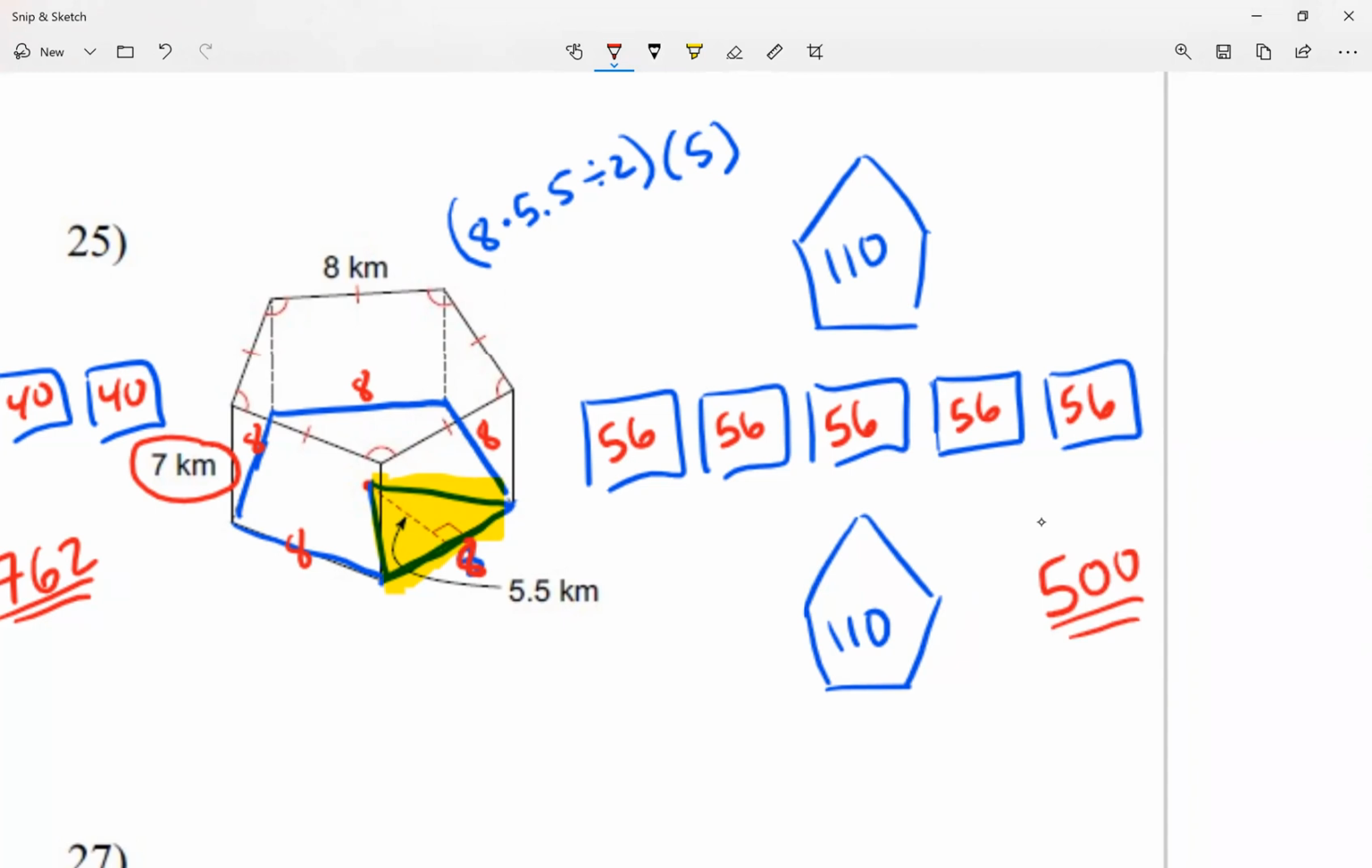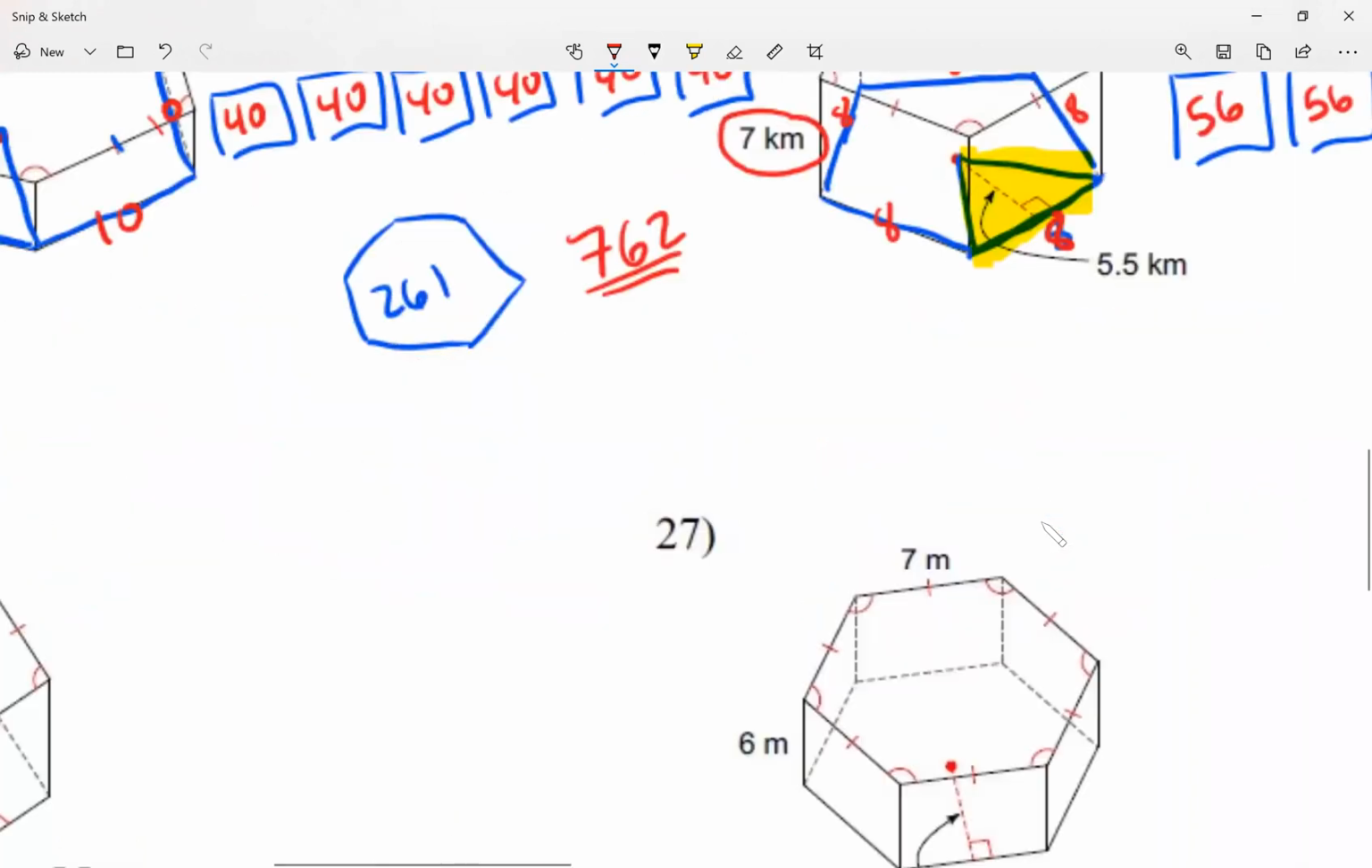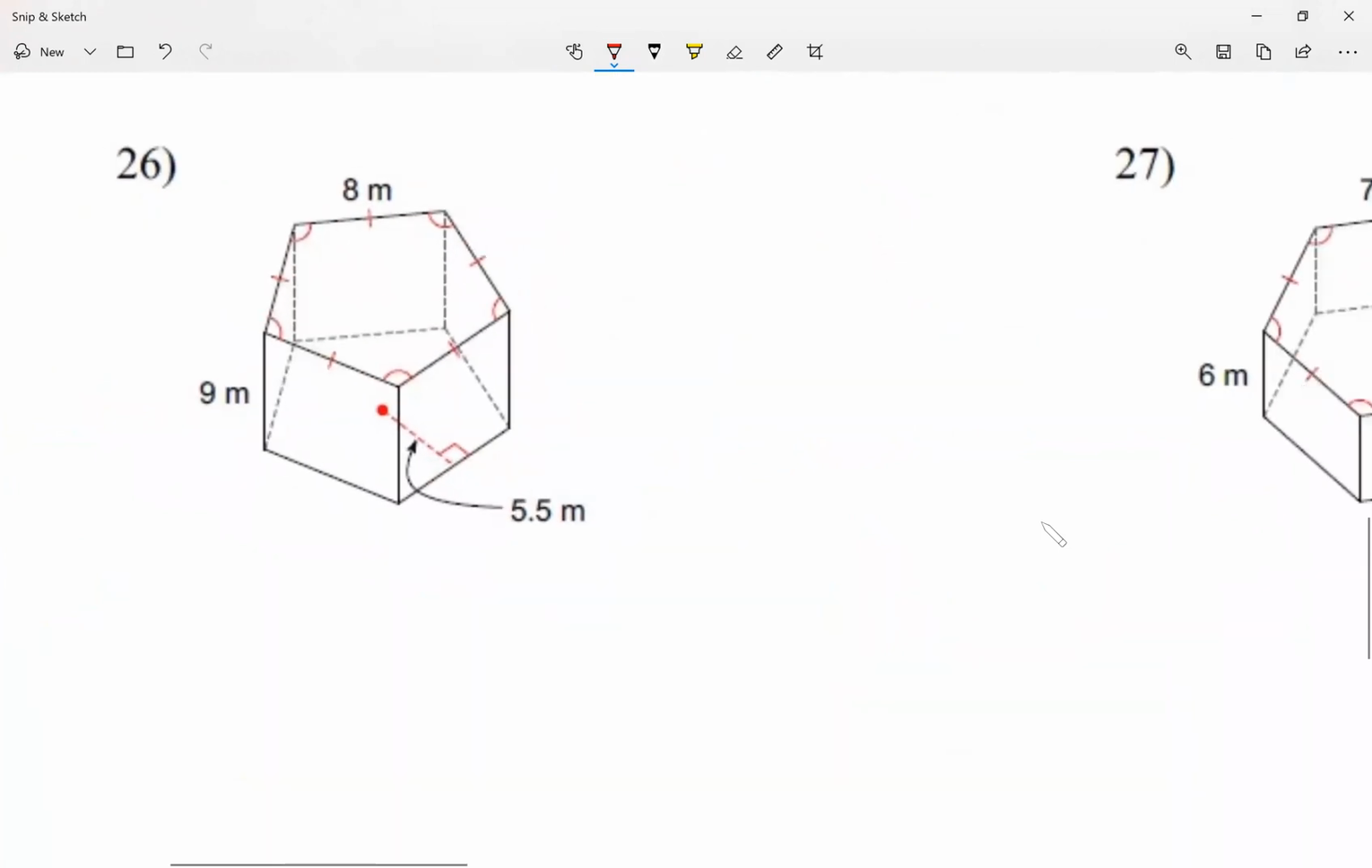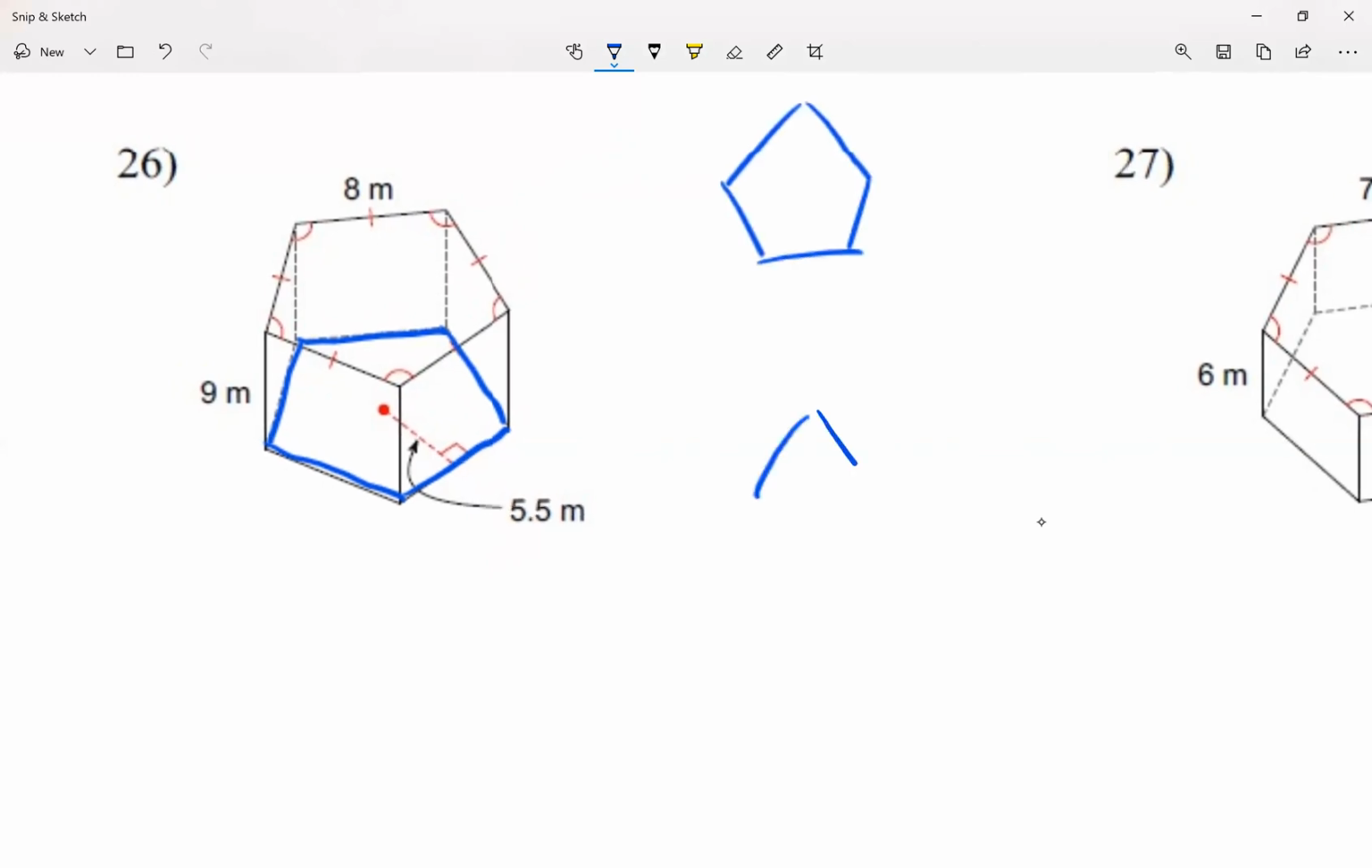Okay, let's take a look at number 26. Let me identify the base. For today, the bases are either 5 sides or 6 sides, pentagonal or hexagonal. Now, 5 sides, all right, the base. I'm just gonna draw my base on the top, and I have a base at the bottom. For a prism, there's always 2 bases and a bunch of rectangles. So for the base,